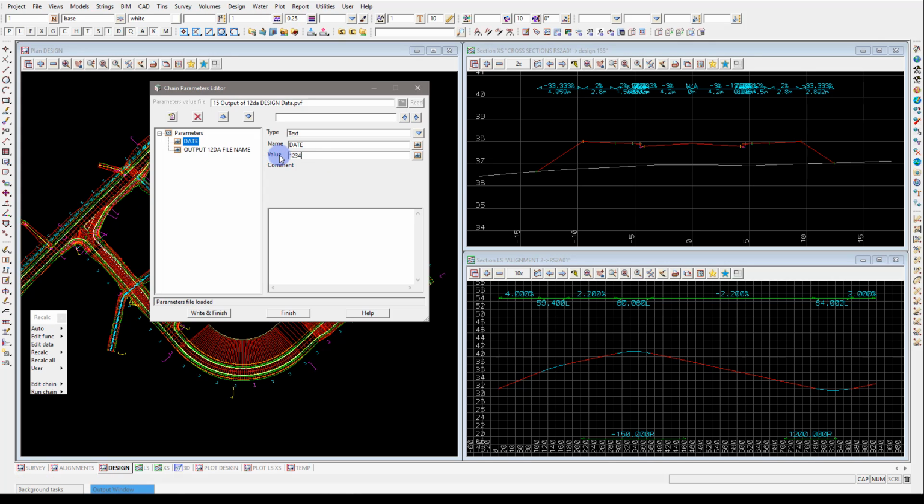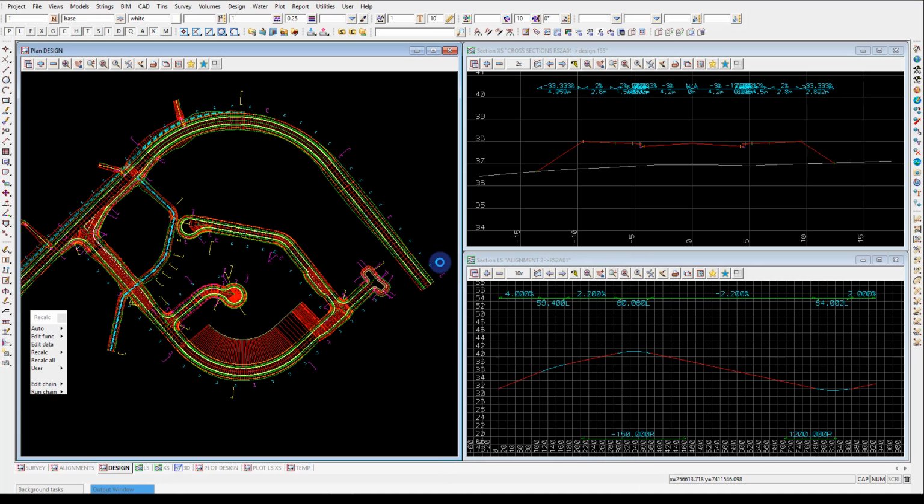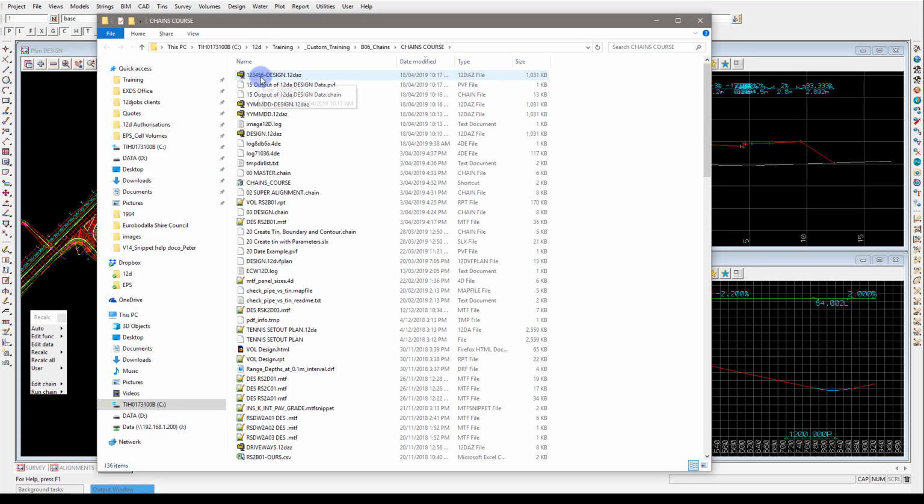I could put 1, 2, 3, 4, 5, 6 or whatever value the date is. And as soon as I write and finish, it will then pass that date into this answer with the word design at the end. It will then get passed into the field and become the new 12DA name of the file as it's written out. So that's run through the chain, and you can see I've got 1, 2, 3, 4, 5, 6 and the